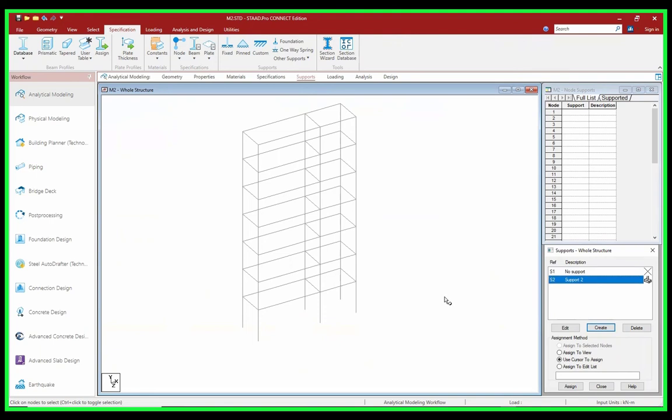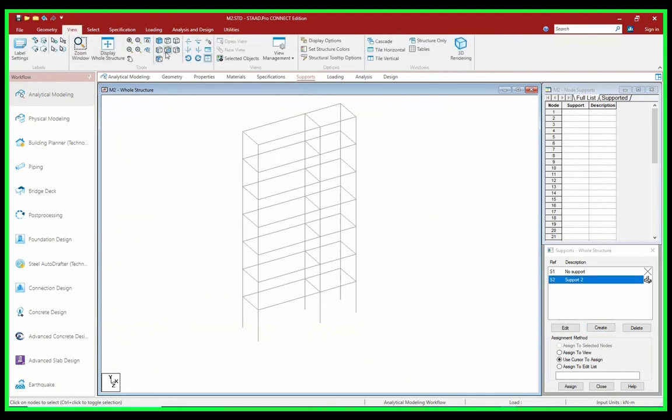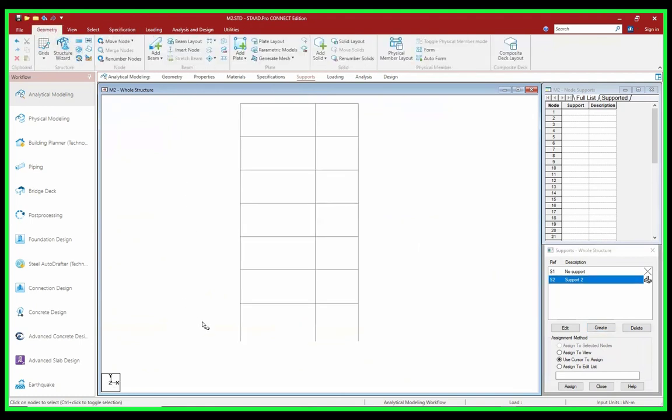Last time I used the use cursor to assign command. This time I will use assign to selected nodes. For that, you have to select the nodes. So go to view and simply select all the nodes. Once you select all the nodes, you can see this option would be highlighted.